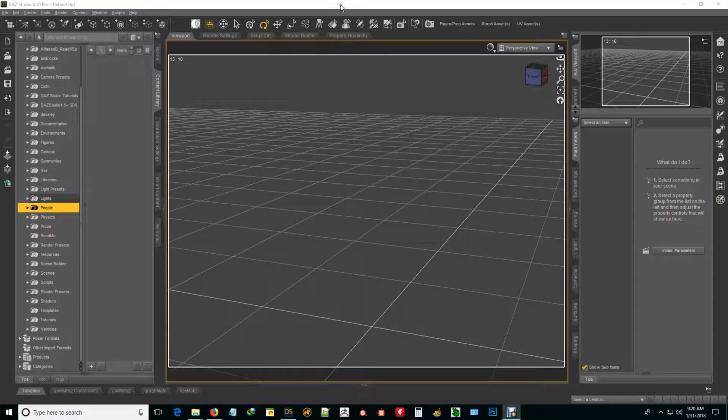Okay, this is just a quick rundown for the Midnight Monk for Genesis 3. What it is, is a dynamic robe and collar for dForce. It's for Genesis 3 male and female, and you'll find it under